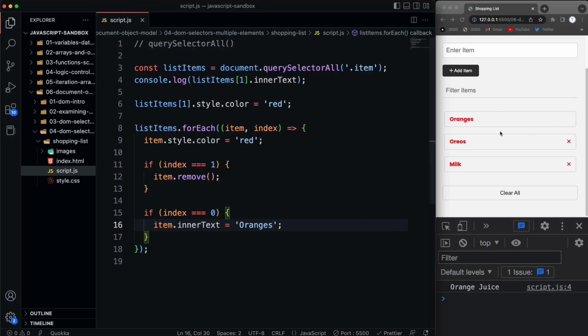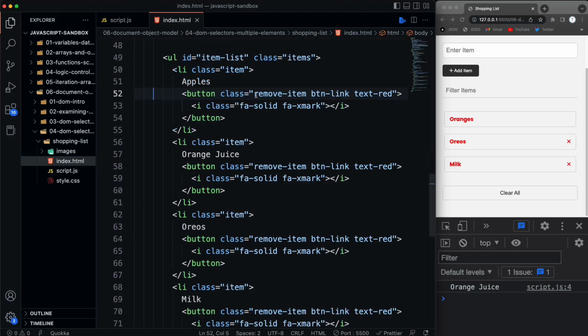Whenever you're working with elements, you have to know exactly what you're working with. If we look at a list item here, it doesn't only include the text, it also includes a delete button. So you have to take that into account. So what we could do is just take everything that's in the list item